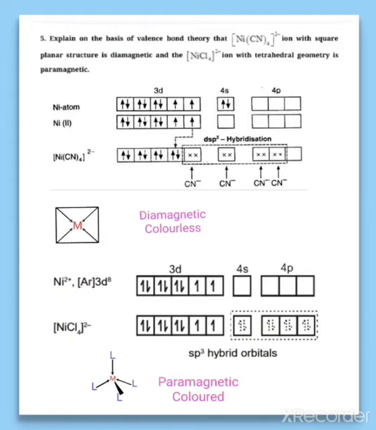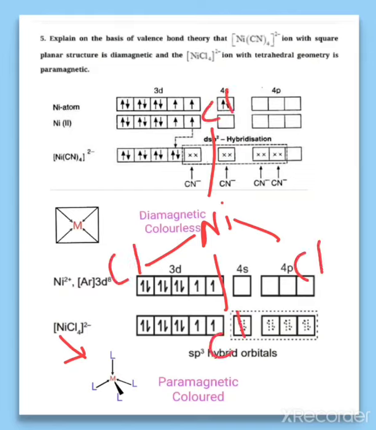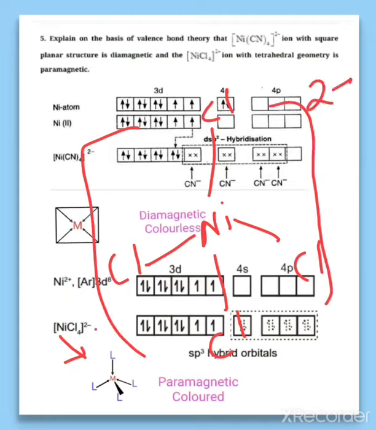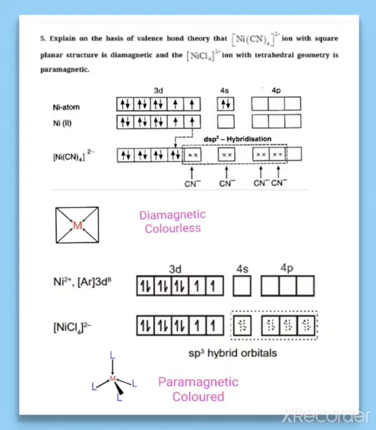So particularly for this example, how do you make the structure? The nickel you have to keep in the center, make the tetrahedron and keep Cl on the 4 corners. And what is the charge on the whole? 2 negative. So you have to keep a 2 negative charge on this. So this is the tetrahedral geometry for this complex.